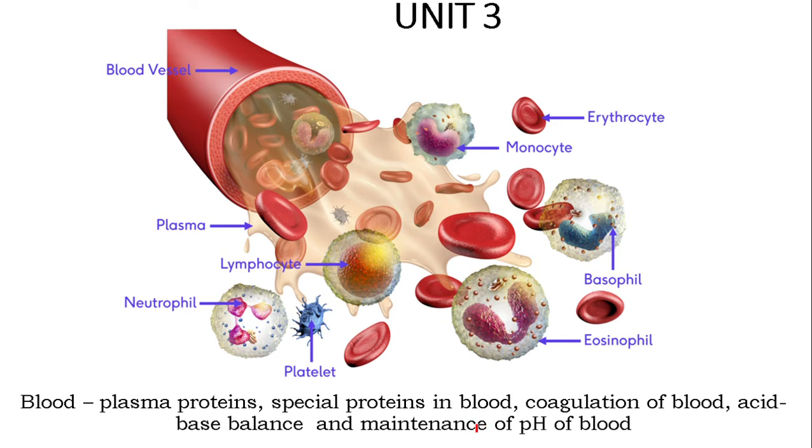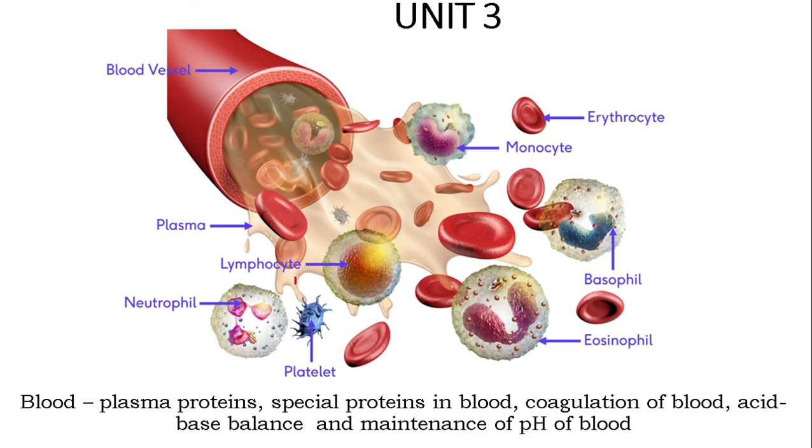In the introductory figure, what you see here is a picture of the various components of the blood. You can see here the blood vessels. You know that the blood is flowing through closed vessels. Arteries are there, veins are there, and the fluid portion is actually called the plasma. The plasma consists of dissolved materials which are not indicated here.